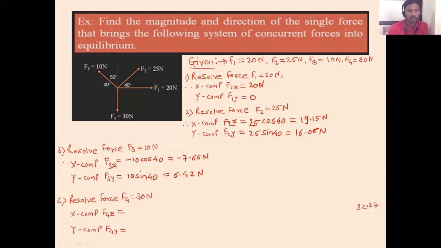Next, force number 4. How is that force? F4 is equal to 30 Newton, due south. What will be its x component and y component? X component 0, y component minus 30. Very good. Or we can say this force is vertically downward, due south or vertically downward. In that way also you can tell, but the standard method is to say due south. Next,